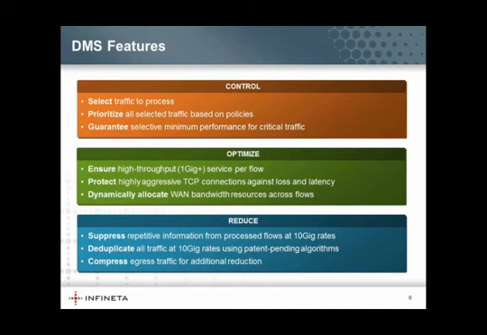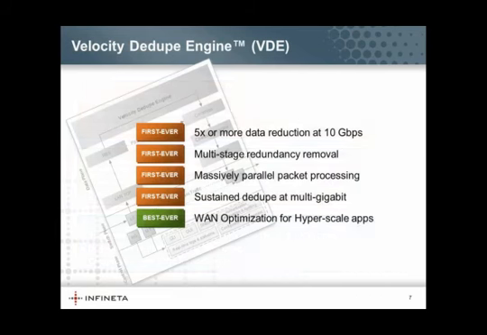So the Velocity dedupe engine, like I said before, is the company's crown jewel. This is an industry first. No other dedupe implementation has ever been carried out in hardware. This is the first one, and we implemented the entire thing in programmable logic, actually. And that's not all. The dedupe algorithm that we used is not based on the classic fingerprinting or chunking approaches that others have taken. We have 5 patents filed for our dedupe algorithm, which, like I said, is implemented